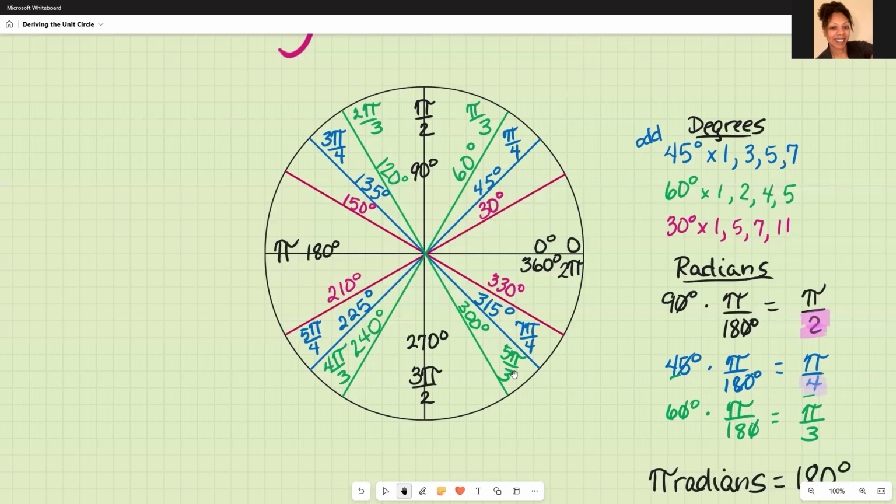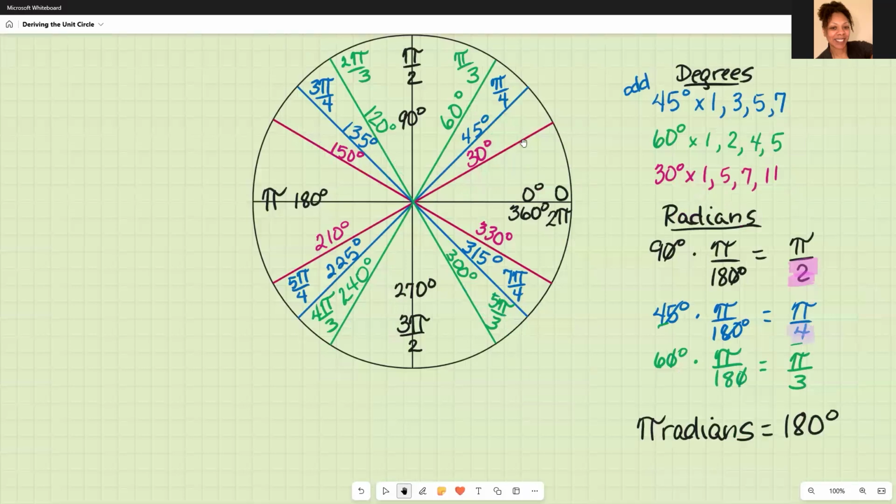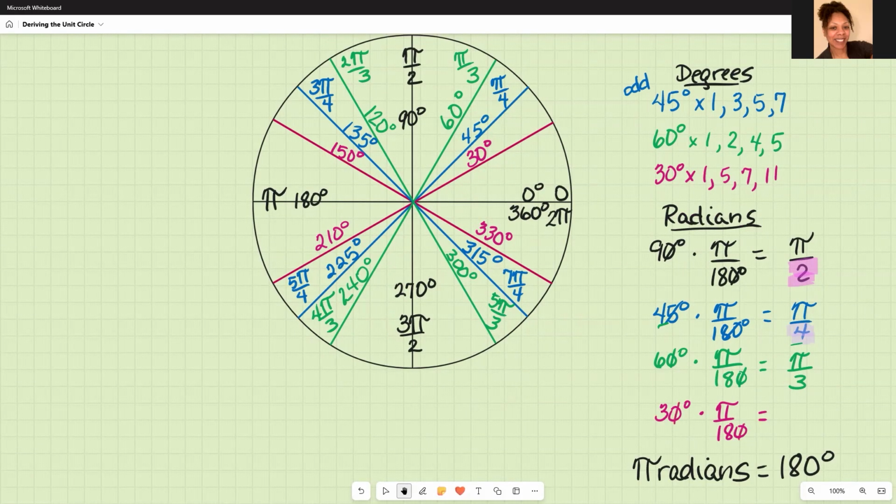And all of them have to have this pi radians over 3, because if I ask you what's the reference angle in radians, this is what's associated with each one of these reference angles. And then the last one that we're going to do is going to be 30 degrees. We're left with pi radians over 6. And now I know that everything associated with 30 degrees is going to have a pi radians over 6. Well, we did the 30 times these